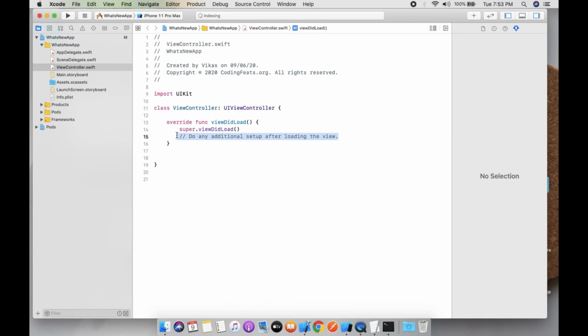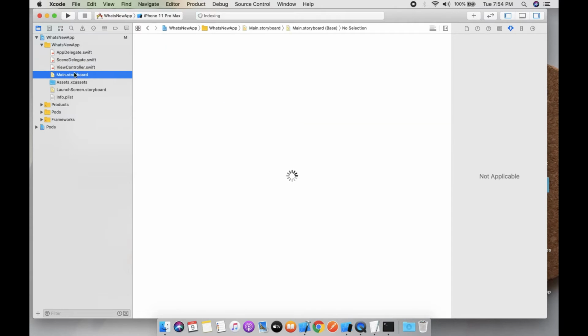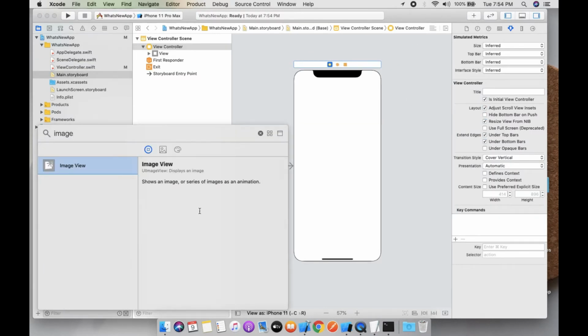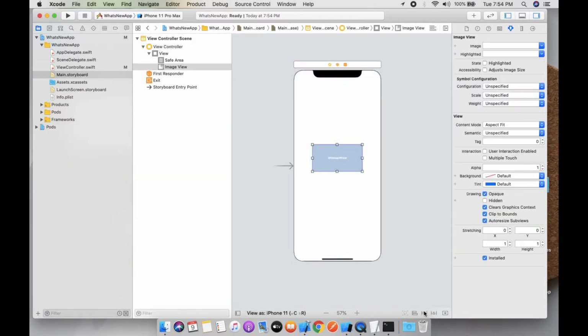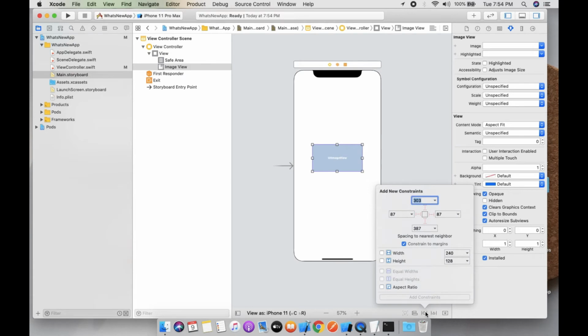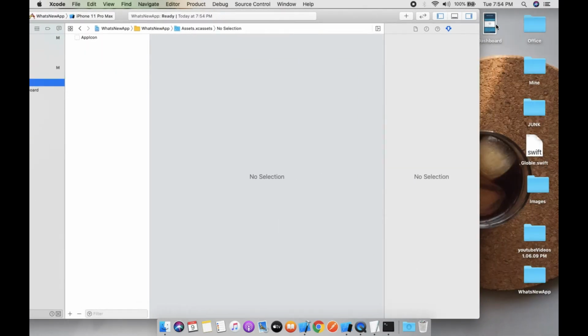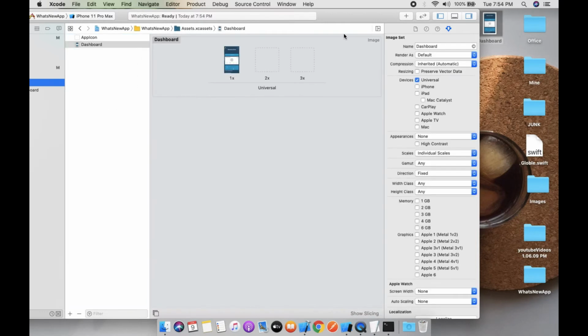So first of all we need to make a screen, like suppose the first screen of your application. Take some simple image, set the constraints to 0 0 0 0, and now you can just drag the image like this.